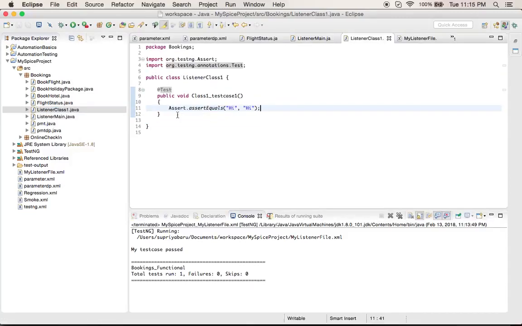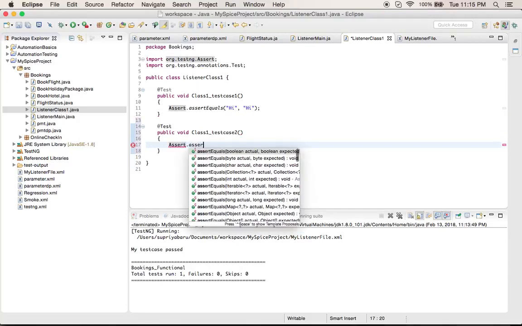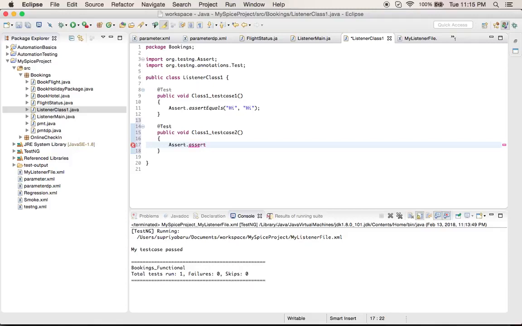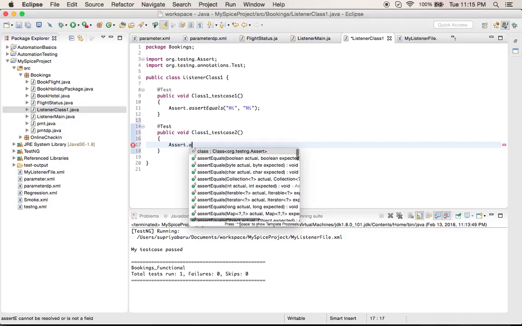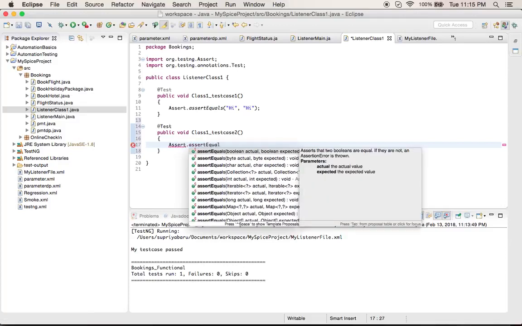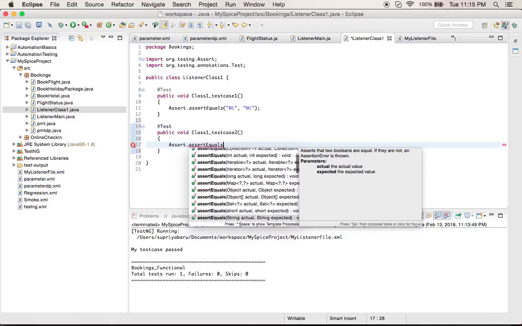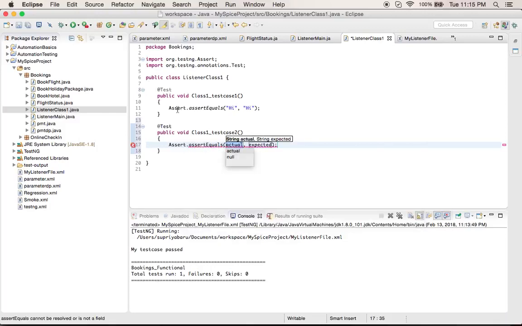So come to your class and just add one more test, and let's forcefully fail it and see what happens. In class 1, I call it my test case 2, and then I'll include the same assert statement, assert equals, which takes actual and expected as strings, just like we did in the previous test.